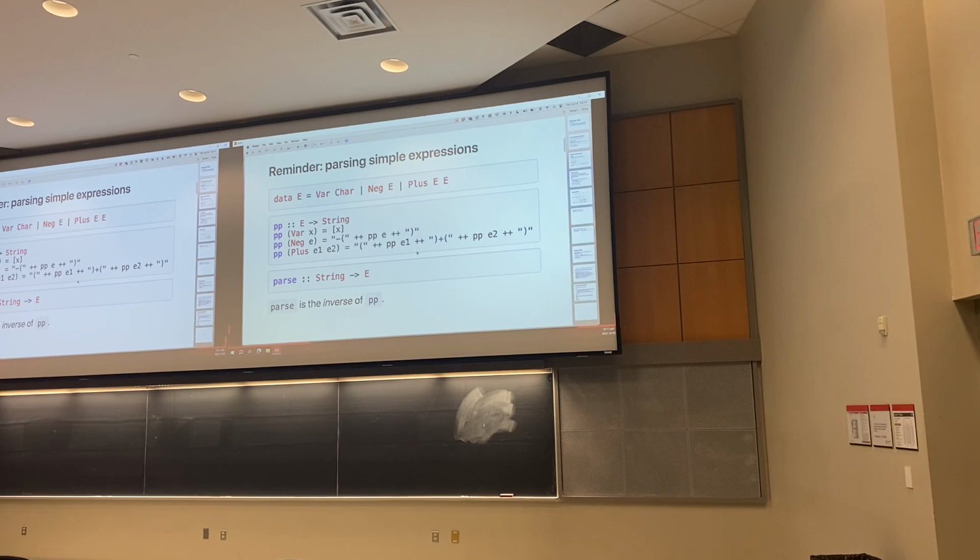You can see the two recursive calls there, pp e1 and e2. Those give us the strings that we're assuming we computed for the two arguments. And now to make a string for the whole expression, we just put those two things in parentheses. You can see the two expressions put in parentheses, and what should be in the middle here is